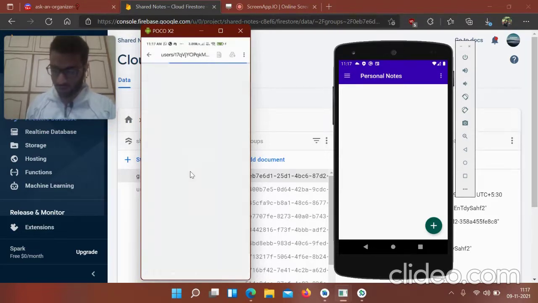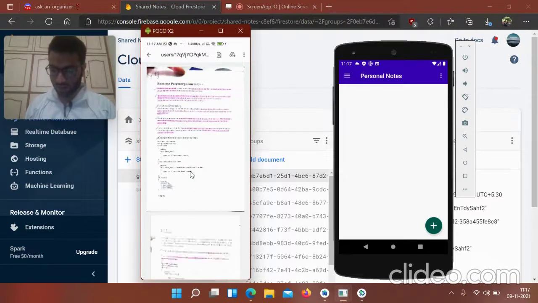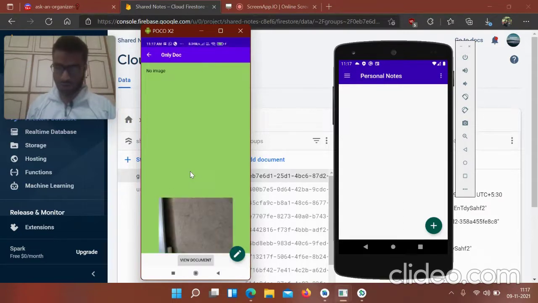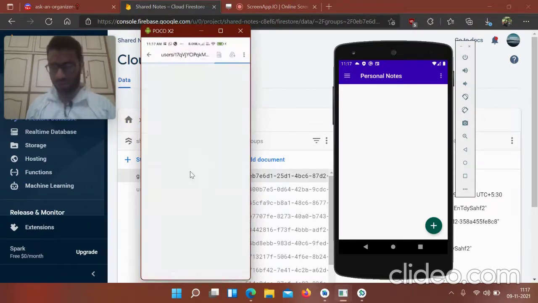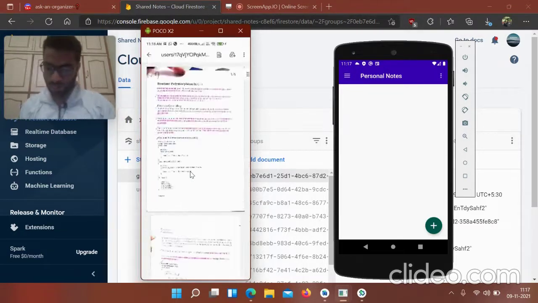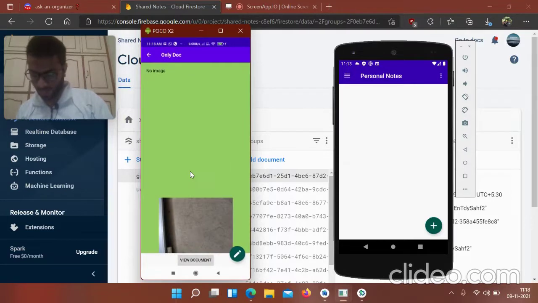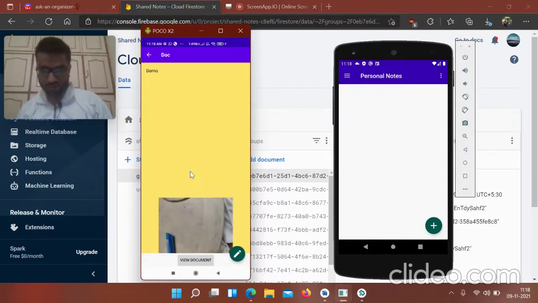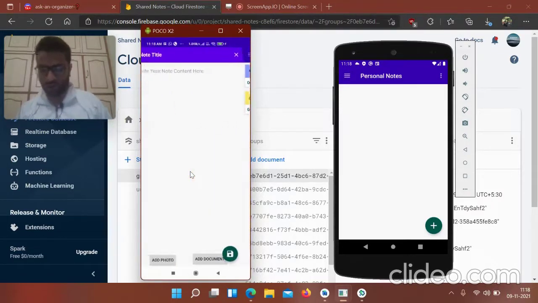If I click on view document, this is the document. This is the image that has been uploaded successfully, and we can also view the document and it will now show the updated version. Now let's check another one. If I create a note here,